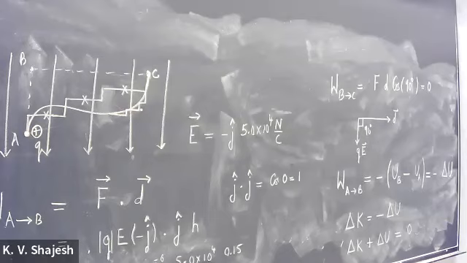Maybe I should say delta H, right? Because it's a change in energy. That's Q times E times delta H. That's the basic idea. Energy is force times distance, and it is the vertical height in the sense that it's in the direction of the electric field. If I had turned this plate around, then you would want the component of the distance that is along the electric field. That's important. So that's your electric potential energy.